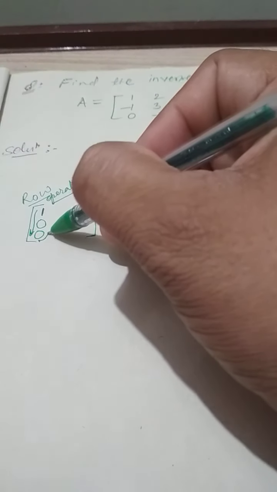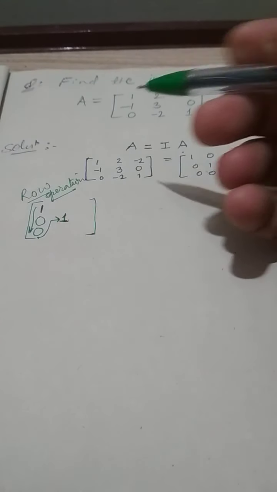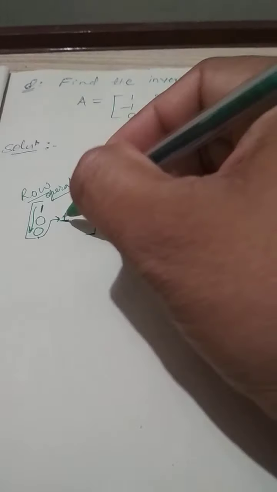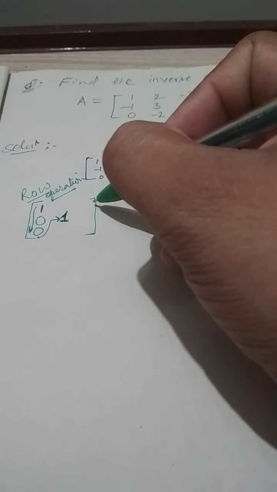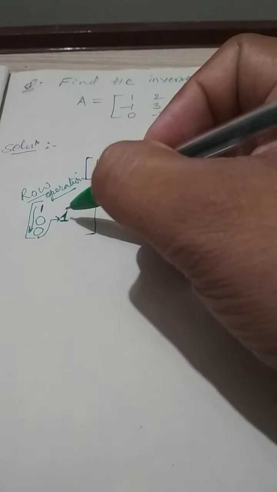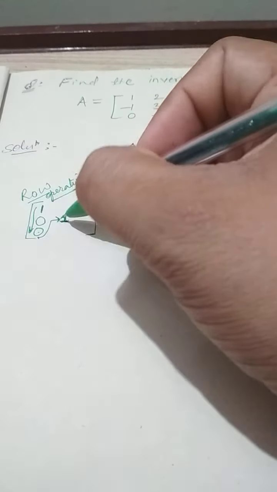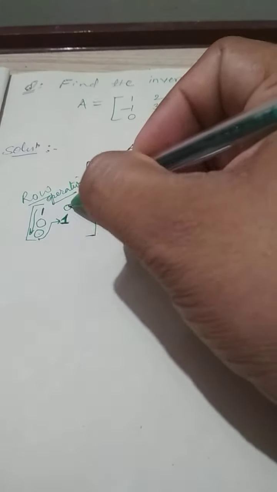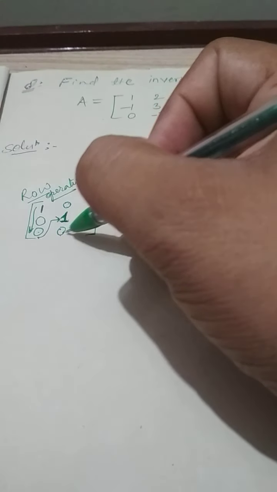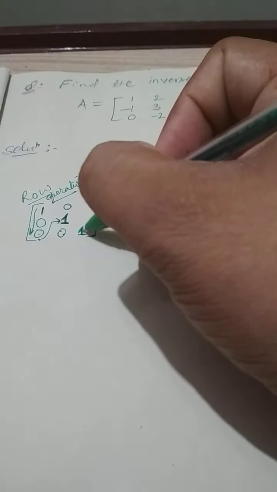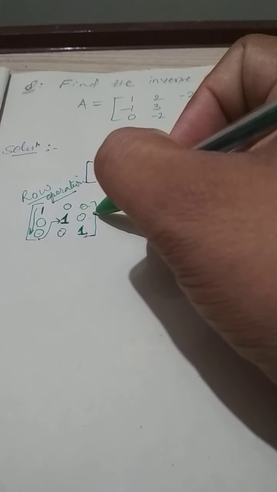Then after this you have to directly focus on the middlemost element and make it 1. You can do that by making use of the first row or third row. Once you make this element 1, you make the remaining entries above 1 and below 1 zero, and then the last focus will be making the last element 1, and automatically you can make the other two elements 0.